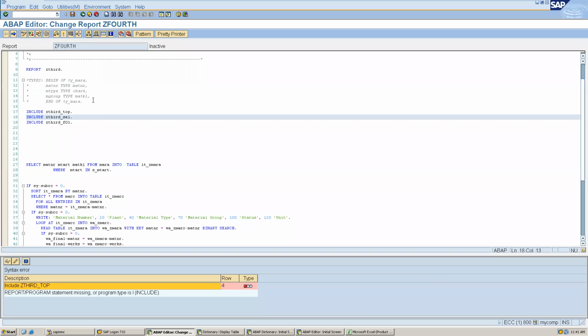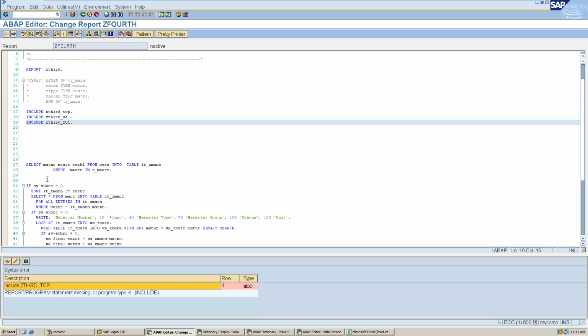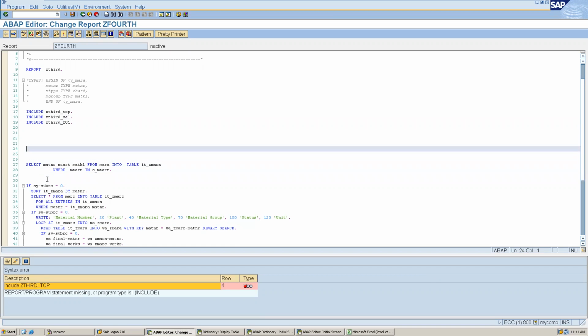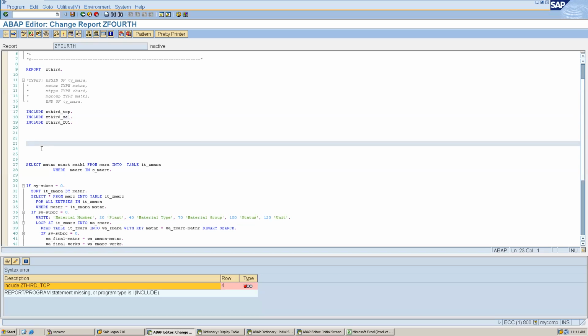We have created our selection screen earlier, and now we have to move our logic inside this. What we can create is form and perform. I can create a perform, and for example here I want to do get Mara. It is only 3 minutes.